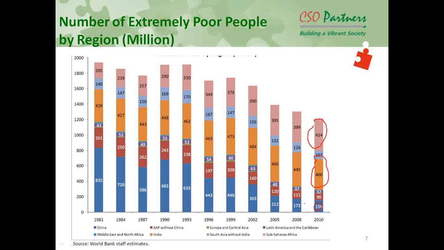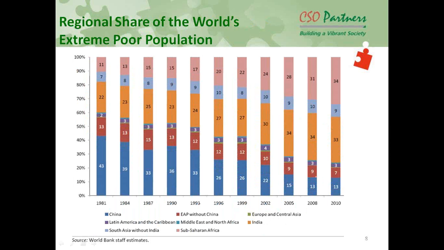So if you look at, say, Europe and Central Asia, just to compare, it does not appear here. It is somewhere. This is where it is. One green between that 32 and 400. So you cannot actually put a number on that. That is the kind of situation if you compare the Indian poverty situation with other regions. We are just behind Sub-Saharan Africa. Sub-Saharan Africa actually contributes 414 million poor people, and we are contributing 400 million poor people in the global poverty